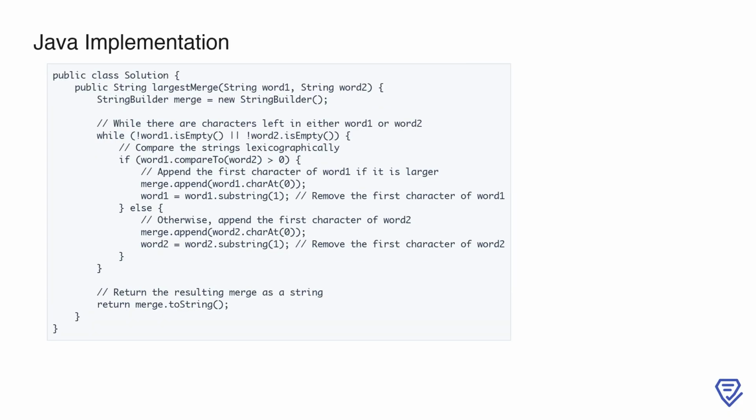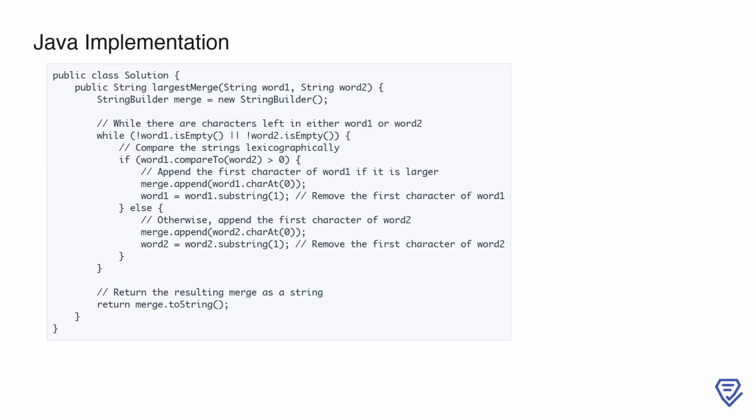This is the Java implementation of the largest merge of two strings problem. The logic mirrors the Python implementation provided, but uses Java-specific features like StringBuilder for efficient string concatenation. String methods such as compareTo and substring are used to handle lexicographic comparisons and substring operations. The solution iteratively builds the largest merge by comparing prefixes of the two input strings and appending the lexicographically larger